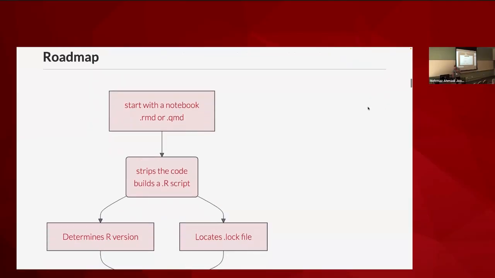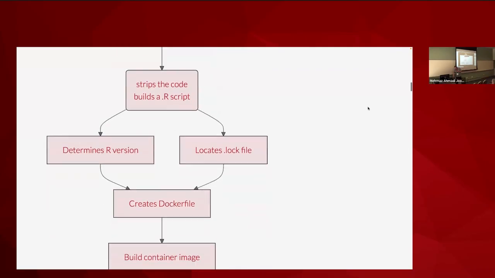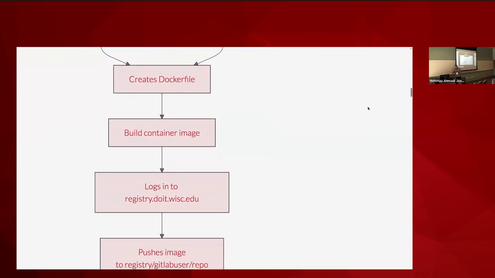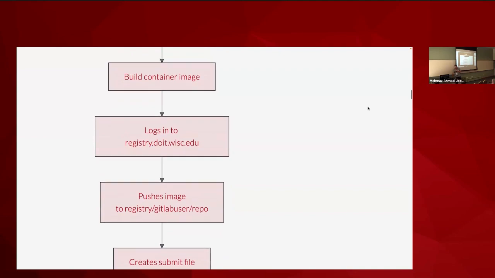Roadmap. All right. So this is my roadmap. I start with my analysis inside a markdown or a Quarto document. I'm going to strip the code and turn it into an R script. And out of that, there's something that's going to determine what the R version is, and it's going to locate the lock file. Out of that, this pipeline is going to create a Dockerfile. It's going to build the image. And it's going to log into